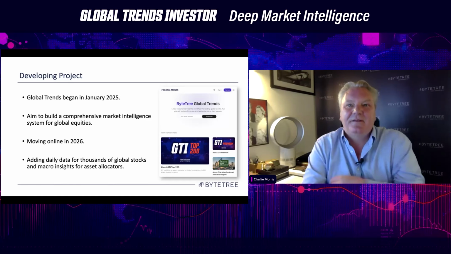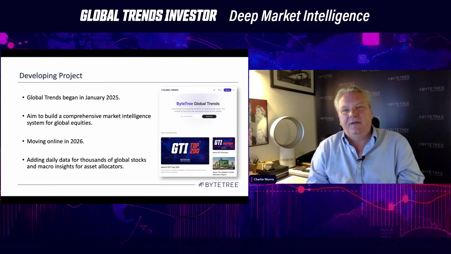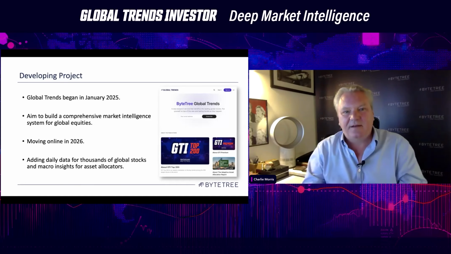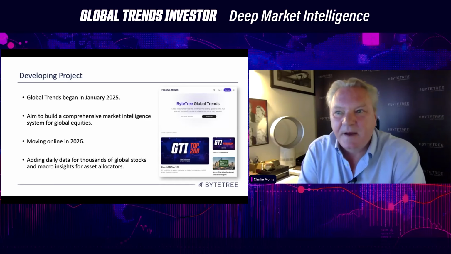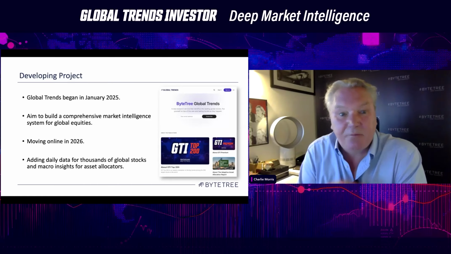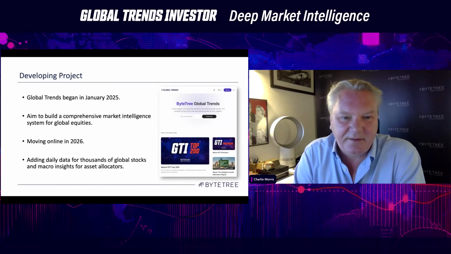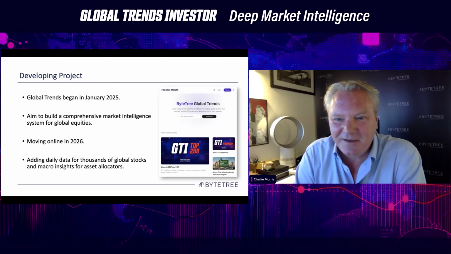Think of this as a market intelligence system for the global stock markets. It's broad coverage, and we get all these insights that come out of it, and we'll go through some of those. Hopefully next year, we're going to get this data set to move online, with not only weekly data but also daily data, digestible in a number of different ways. And we're going to increase the size of the data set. So we really are becoming an AI company in that sense, with a mega data center somewhere behind ByteTree. Perhaps not that big, but nonetheless, we are moving into the 21st century at pace.